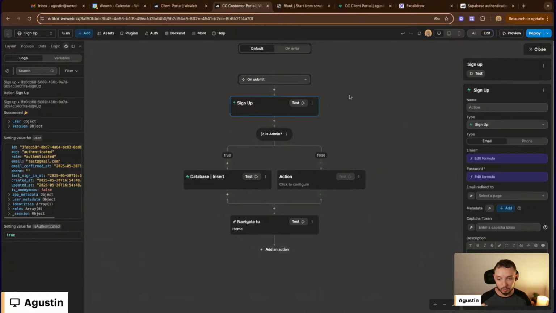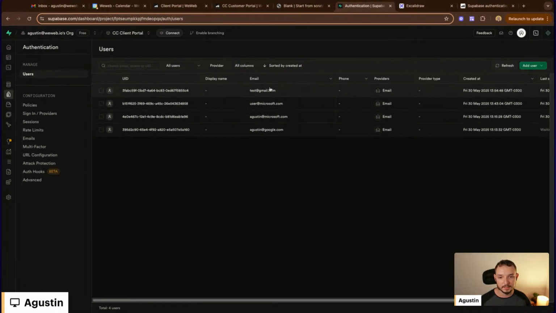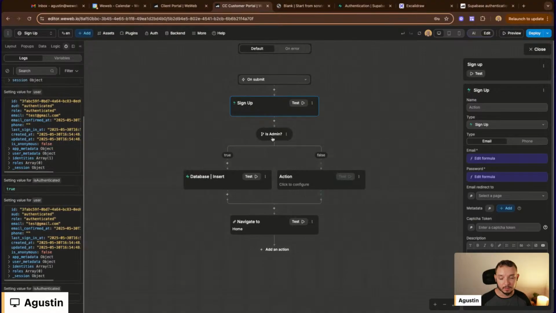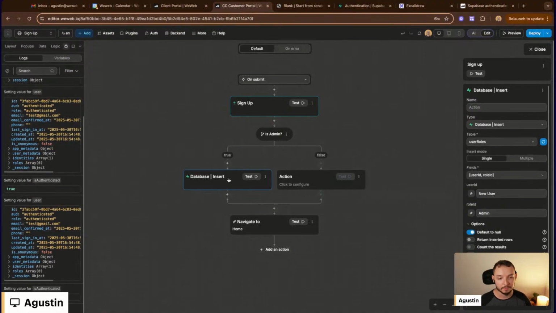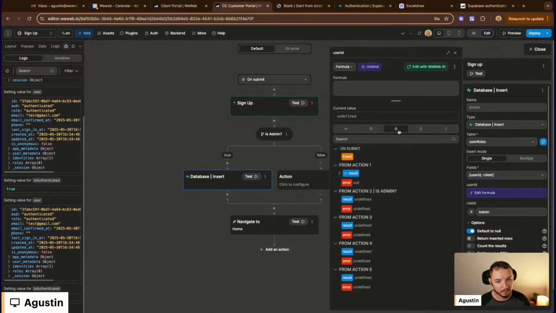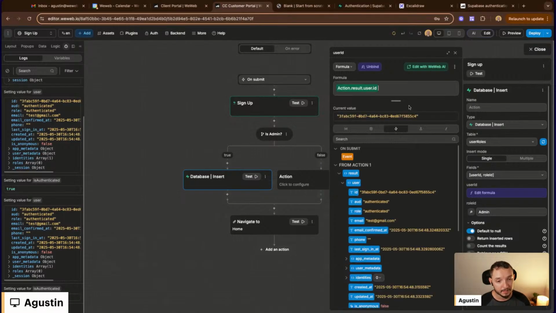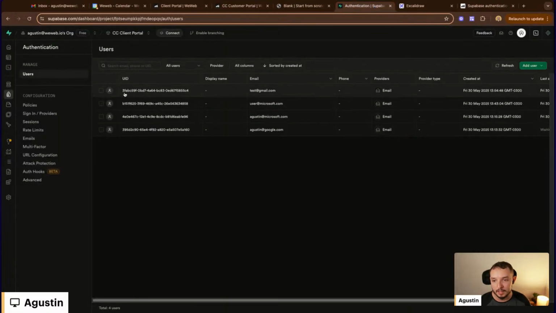Okay, perfect. It worked. It created a user. Now we are here in we have a new user. That's called test. Perfect. Now we can grab that information in here. Let's click here. And we are able to grab it from our action 1. Result, user ID. Now we have the specific ID of the user that we created. 3FAB,